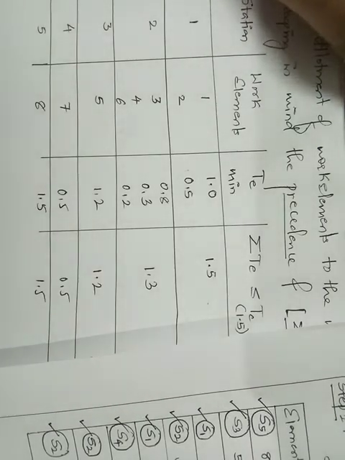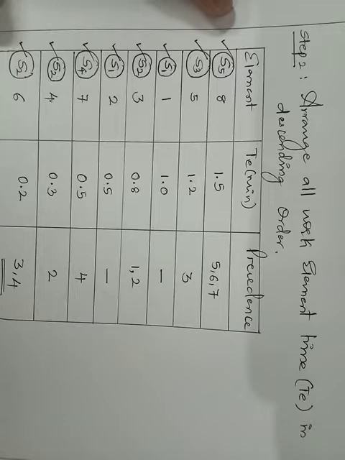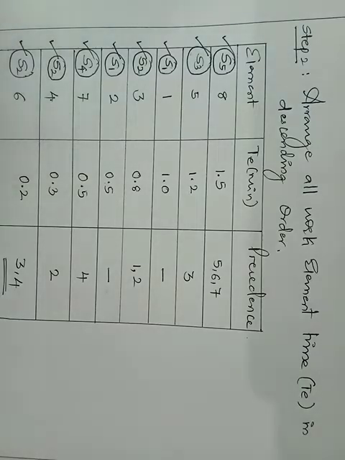Clear? Now once again I repeat, because this part is important. That is the reason I am stressing on this part. Once you go for step number 2 and arrange into descending order, you are going to allocate these S1, S2, S3, S4, S5 depending upon 2 conditions. First condition is it should follow the precedence. Second condition is the sum of the element times on a particular workstation should be less than or equal to cycle time. If both these conditions are satisfied, then I am going to allocate it to those particular stations. So be careful. Once again, go through whatever I told in this video.